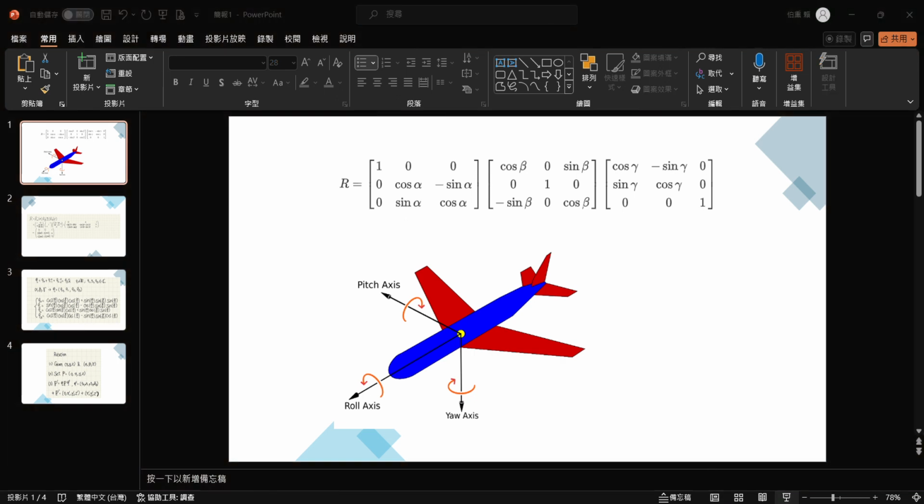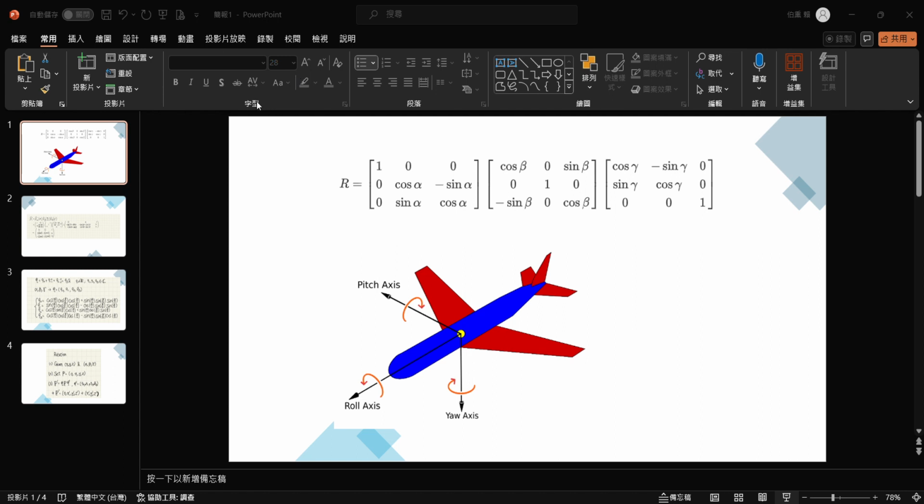Hello everyone. Today is the bonus challenge on gimbal locking and quaternions. In this video we want to explain why there is gimbal locking if we use Euler angles to define the rotation, while there does not exist gimbal locking when we define the rotation with quaternions. First of all, we want to show the rotation matrix of the Euler angles, which is one,